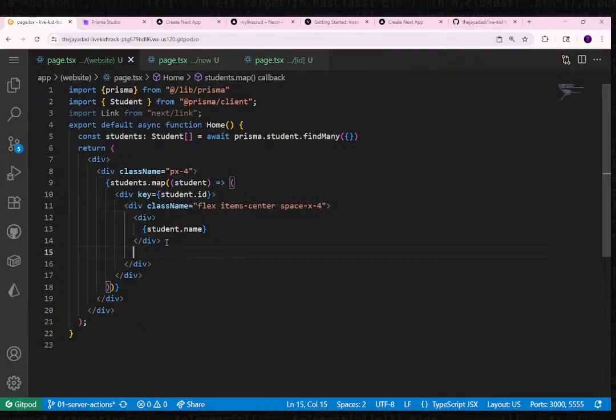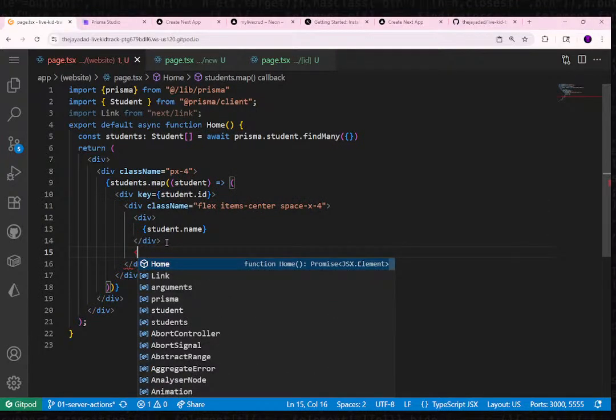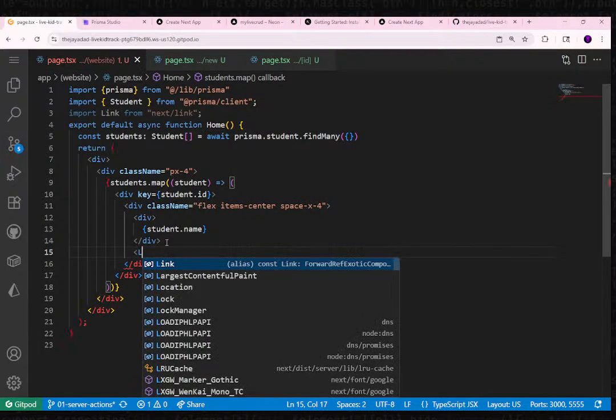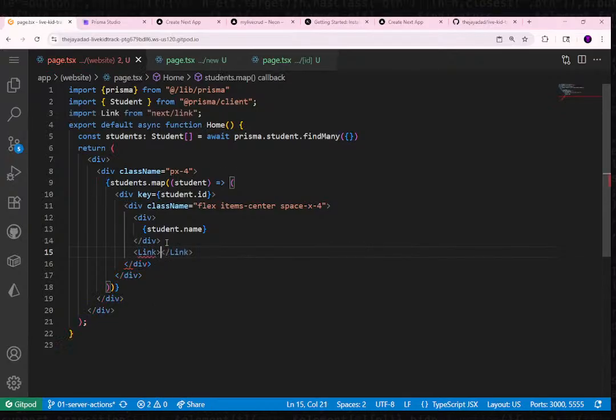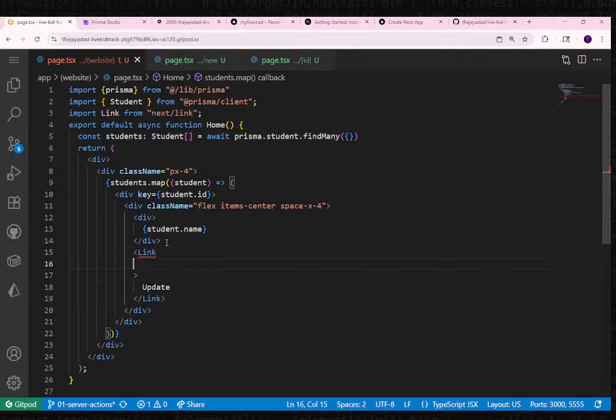Outside of that div, let's add another div. I'm sorry, let's not add another div. Let's bring in the link. Inside of link, we'll just say update, and it needs an href to redirect us to that specific page. So we'll say href. We'll need to pass in some dynamic data. So of course we use template literals to help us with that. The route that we want to go to is